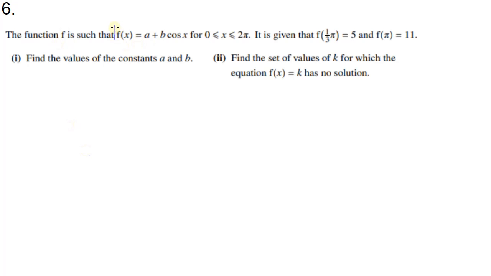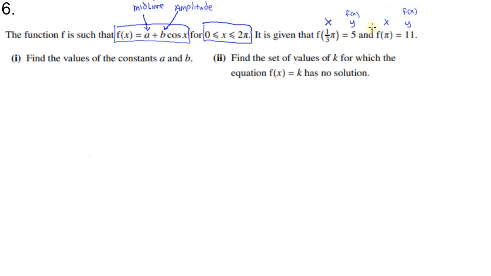In number 6, we've got this function, f of x is equal to a plus b cosine. And we know that a is the midline and b is the amplitude. And instead of giving us that information, they give us these 2 points: x is equal to 1/3 pi and y is equal to 5, and x is equal to pi and y